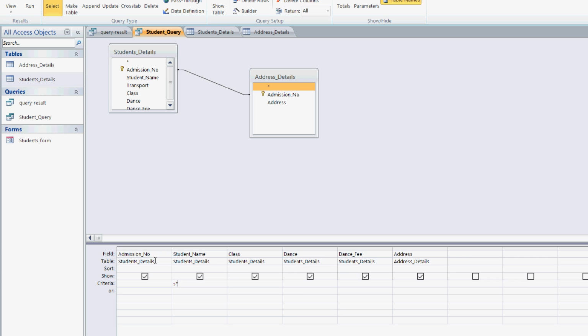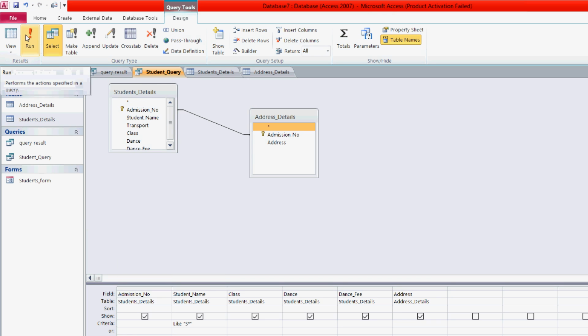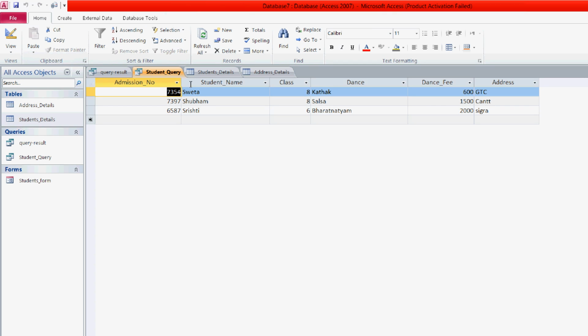Clear? When I press the enter key after writing S and the asterisk, it is showing like S*. Clear? So when you run this by clicking on the run button, you can see all the student names which are starting with S, only those are visible. Clear? Why is it happening?